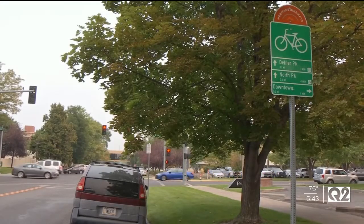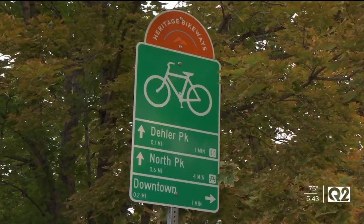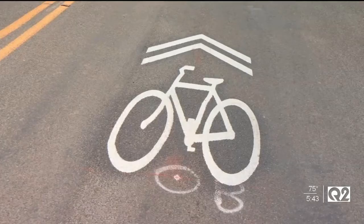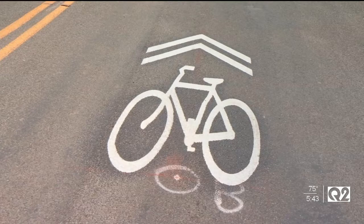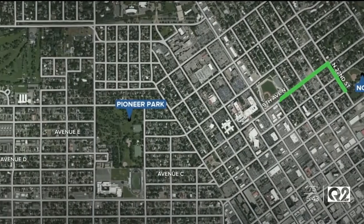She says the signs and markings will help keep drivers alert of pedestrians and bicyclists. It's going to consist of some wayfinding signs to help people figure out where they need to go easily. It will have some sharrows, which are the double chevrons with the bicycle symbols that you see sometimes around town. Hopefully, by seeing all the signs and the sharrows, they'll pay a little more attention and slow down when they're